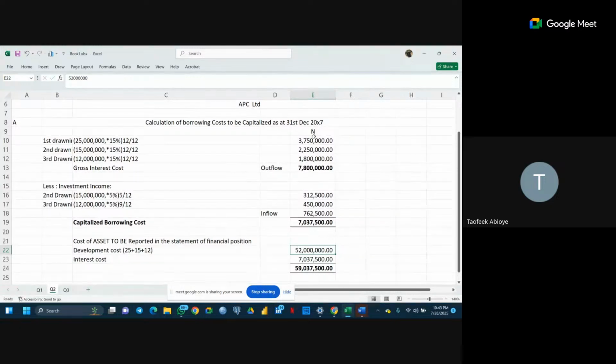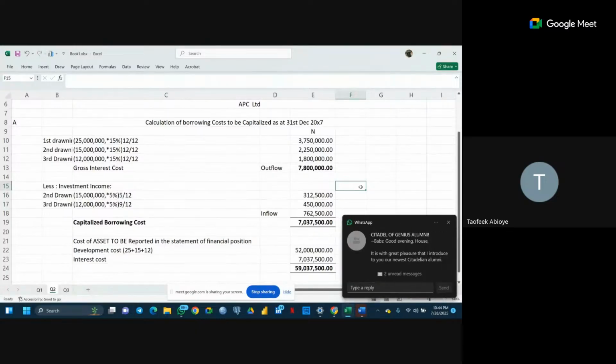Now, if you borrow me 52 million and you tell me that, young man, you are going to pay me an interest of 7.8 million, if I want to pay you your money together, how much am I going to pay you? Is it only 52 million I will pay you, or I will pay you 52 million plus the interest we agreed on? Plus the interest we agreed on. Thank you very much. So the company is going to pay back 52 million plus this interest. Yes, that is clear.